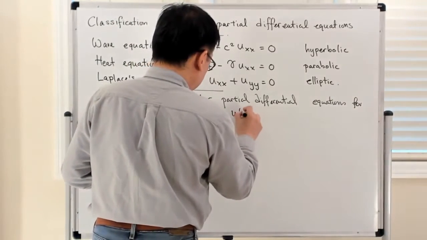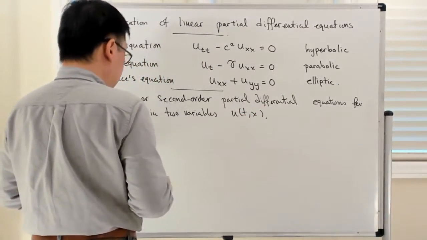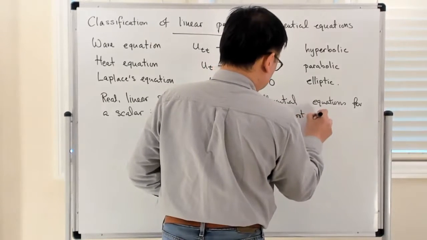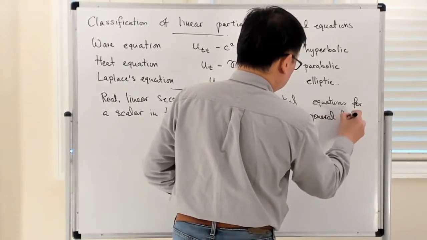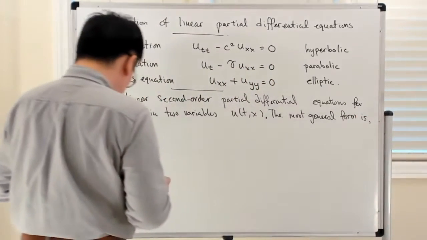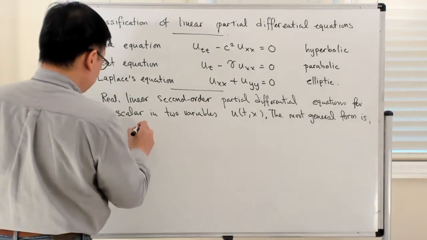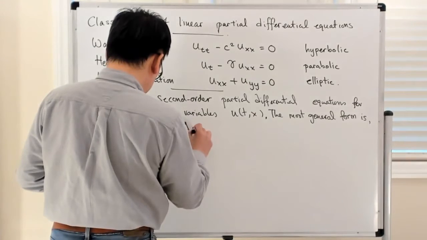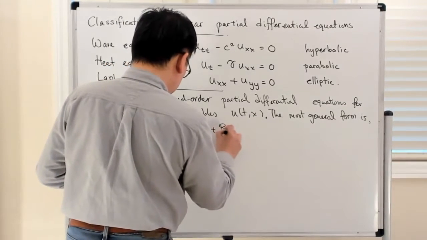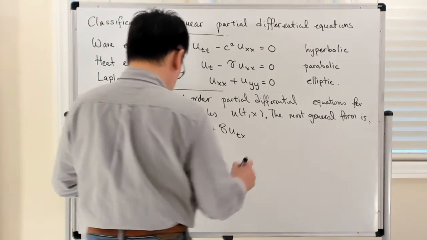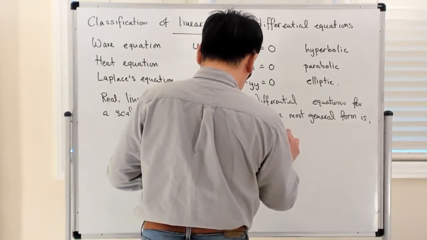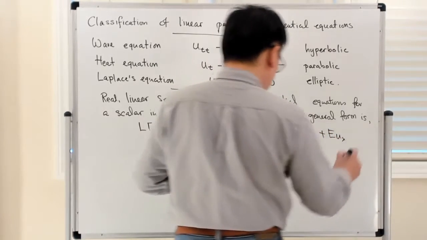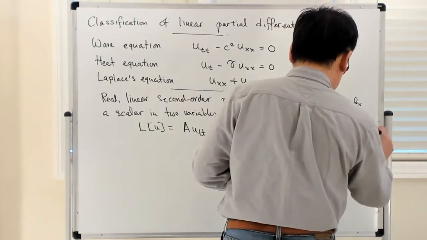Let's call that u(t,x). Then the most general form is as follows. You have L acting on u, a linear operator acting on u, is a u_tt plus b u_tx plus c u_xx plus d u_t plus e u_x plus f u is equal to